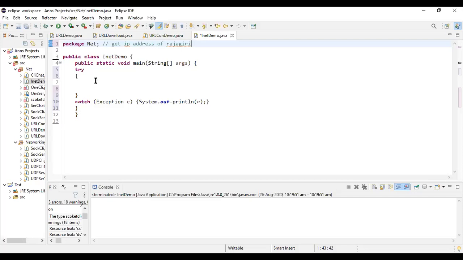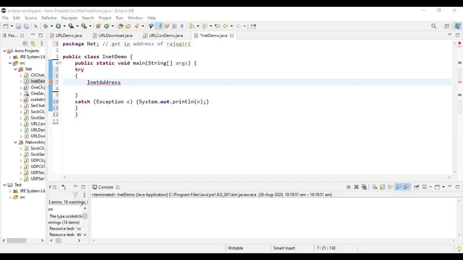So first, what I will do is InetAddress. Okay, so now what you have got to do is you have to get the Rajagiri address. Now, to get the Rajagiri address, you have a method called, just a minute.